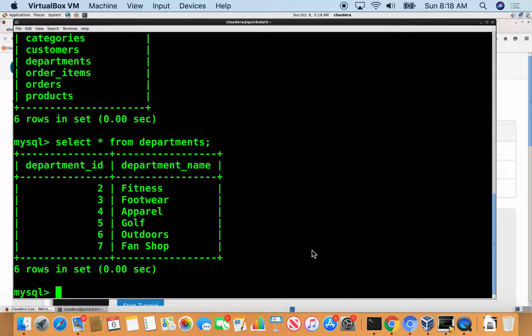Right? Now, before you start writing any MapReduce program, I hope you understood what we are trying to do, correct? Before writing any MapReduce program, you need to write down where you are connecting. So tell me, what is the URL of our database? I told you this should be referred from the JDBC specification of MySQL. jdbc:mysql